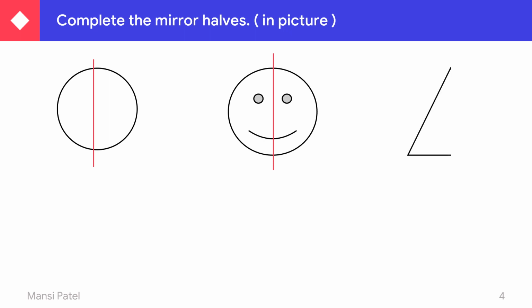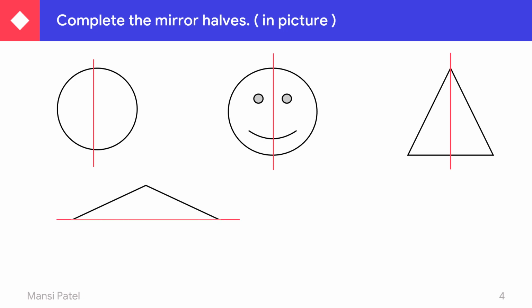Second one has a slanting line and one is the sleeping line. And here it is the mirror halls. Just complete first the slanting line and then the sleeping line. This figure is known as a triangle. Another one, both are slanting lines, and this is the mirror halls. So now you have to complete both slanting lines. So it looks like a quadrilateral. It looks like a rhombus, a square.